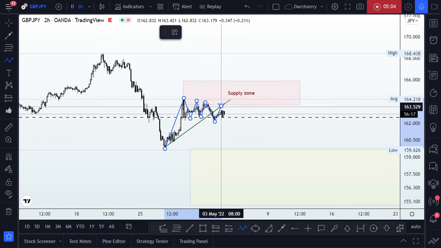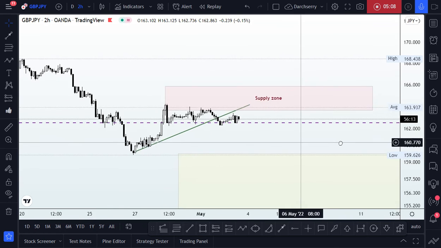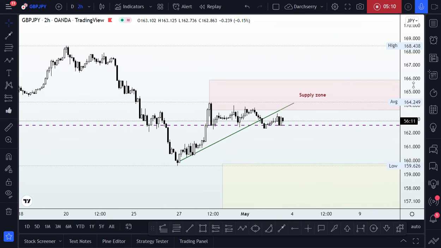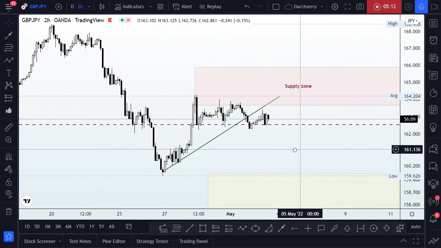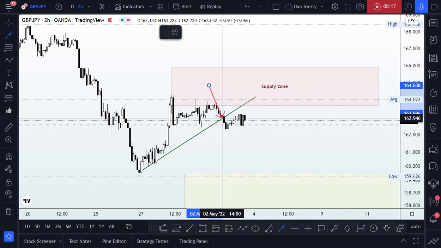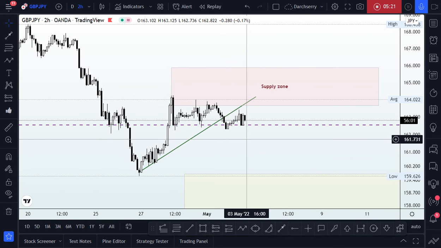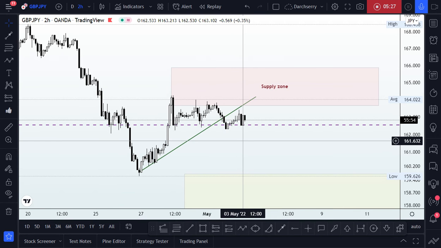earlier today. And with this setup coming forth before our eyes, I'm looking at a reversal setup already happening, lining up within that supply zone where we might be looking for an opportunity to sell to the downside. Now, with this opportunity set for us to sell the GBP, where do we take